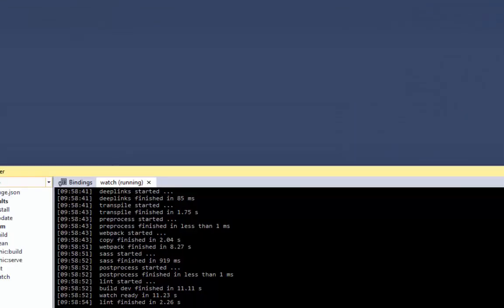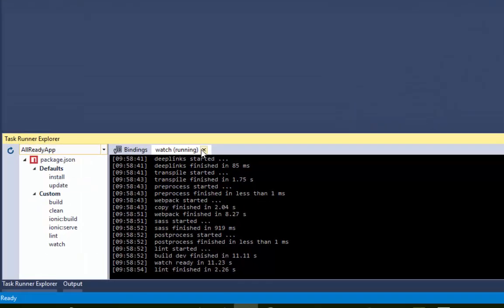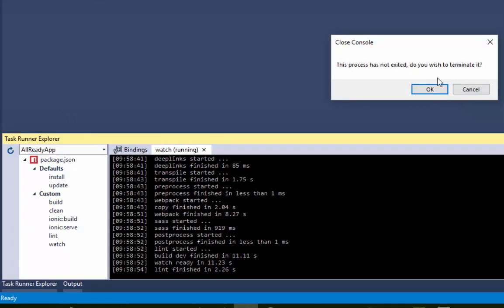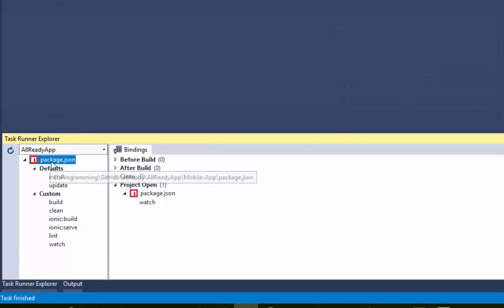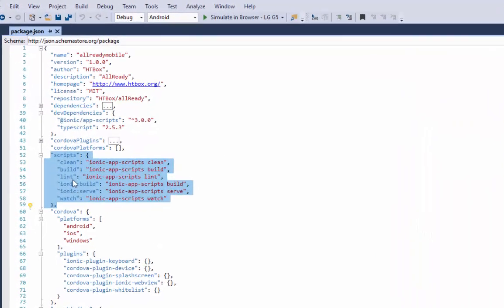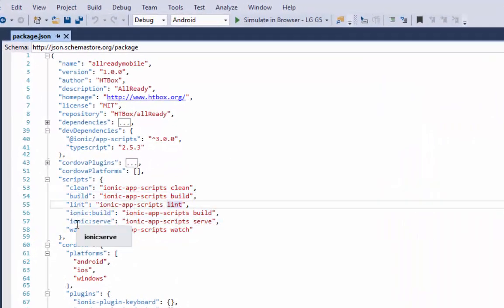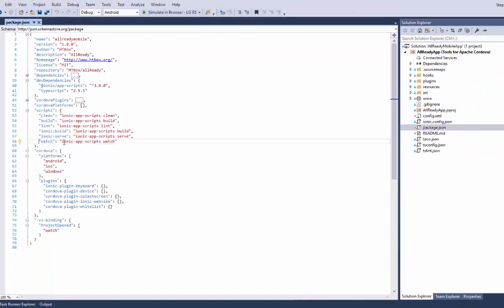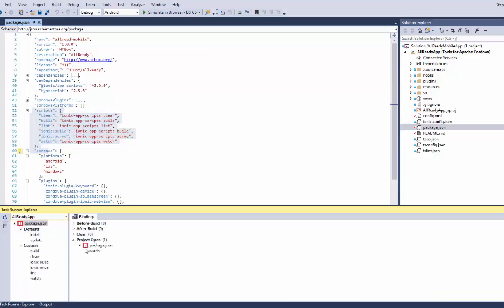The second thing I want to point out is the Task Runner Explorer. This is running NPM scripts that are found in the package JSON. So I'm going to open up the package JSON. You can see the script section here. There's clean and build and lint. And one of them is watch, and it just associates a word with a script to run. And so, in order to run these scripts, I have to use the Task Runner Explorer down here in Visual